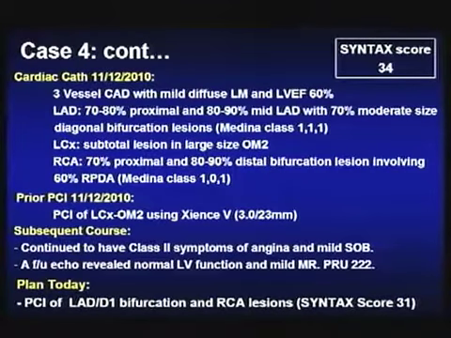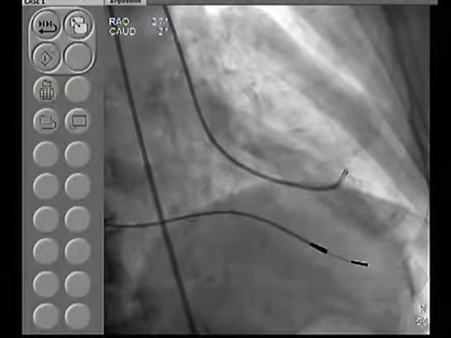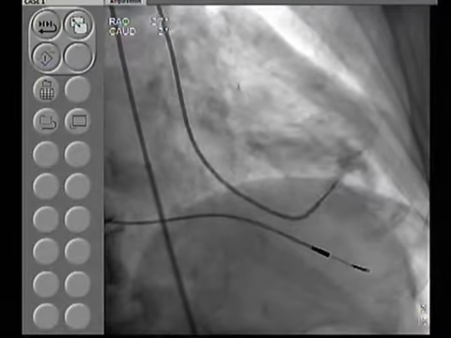Anything less than 230 is good, and the patient is reactive with that, at 222. Now the patient has been brought for this complex intervention, which Anu will take you through. Anu? Yeah, so if you see the angiograms, LV function is normal, and the patient has had a pacemaker many